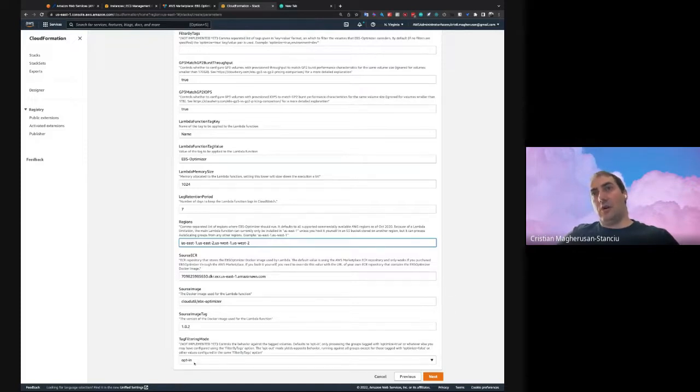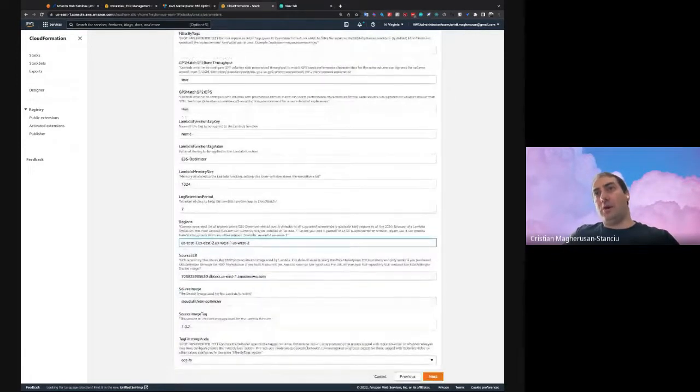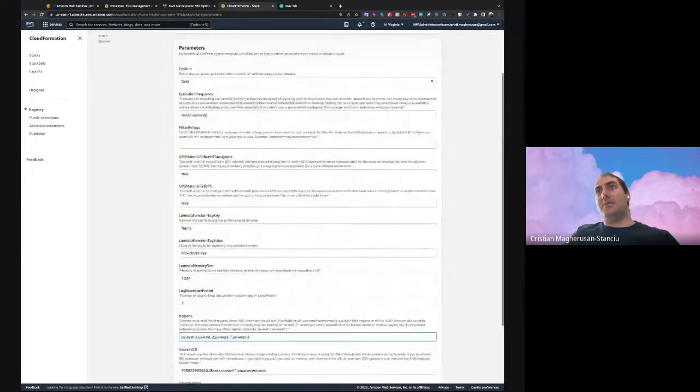And also this flag is not used yet, but for the next version, I'm going to implement a tag filtering model in which you will be able to set some tags on the volumes if you want them to be left alone, or in the opposite way, if you want to opt in, if you want them to be taken into account. So this is EBS Optimizer.